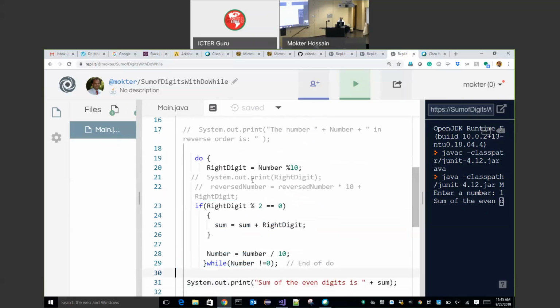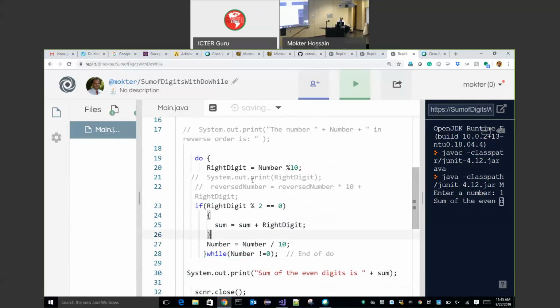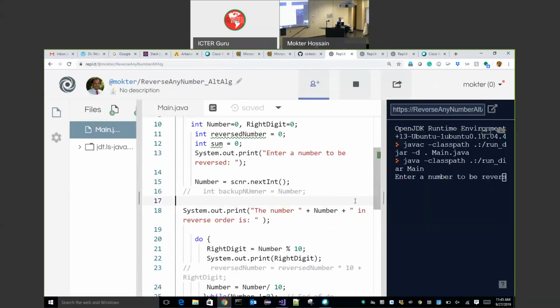Okay, I would like you to spend some time with this kind of problem. Spend some time, even if it takes a week or 2 weeks. Do not memorize this code, but spend some time until you become familiar. We started with a simple program, right? And then how to reverse a number.